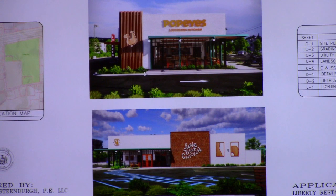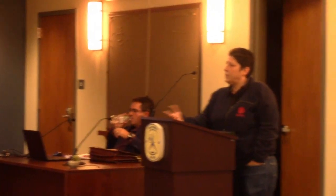We own a restaurant in the village of Webster. On the 27th of this month will be our 14th year. It's a fried chicken restaurant, so obviously we have some objections, but I don't know how this process works. I mean, I don't know why we need another fried chicken restaurant 700 feet from KFC, but I don't know what the process is in objecting to another KFC. And I also live on the other side of where they're planning this KFC. So is there a process to object to this? Yeah, that's a preliminary, but